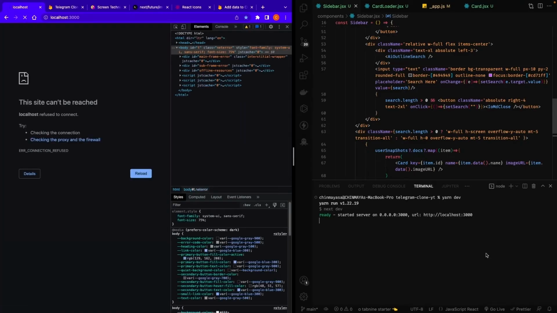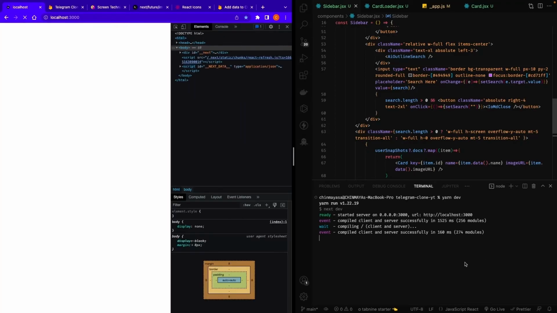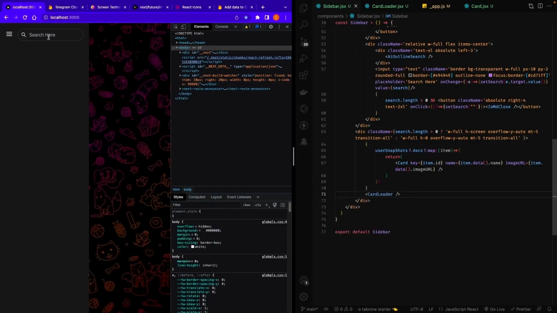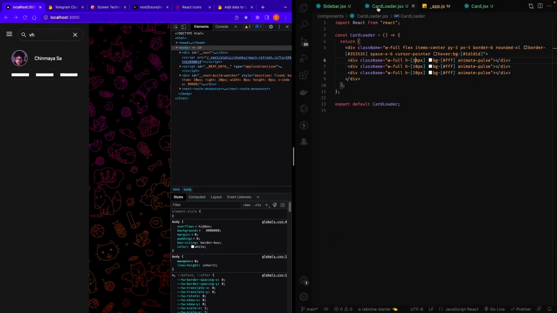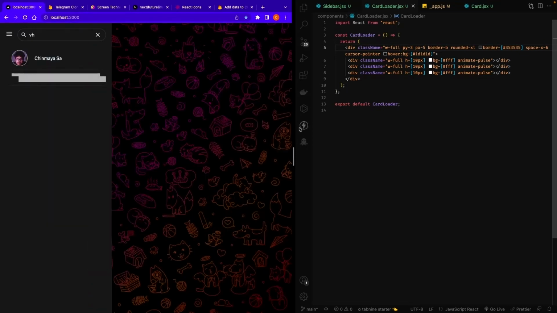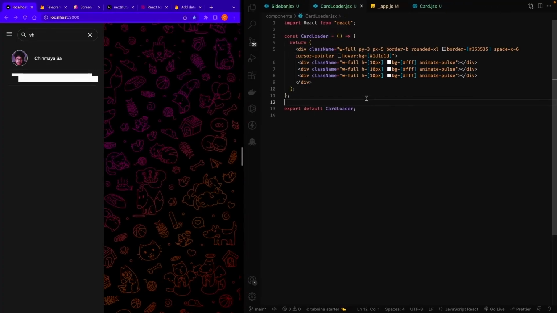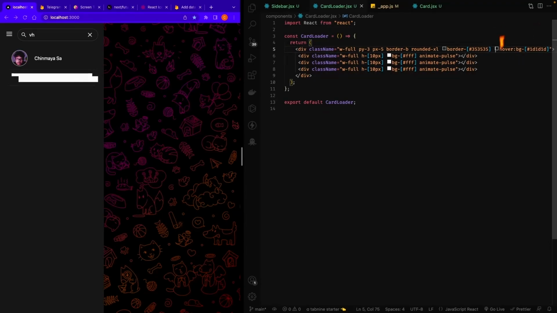Reload. So I'm writing here something like this, and it's showing me this. Now come to this point and remove these flags, everything. I don't need those. Save it. And it's not showing. Yeah, now it's working. Just close this thing and remove the space X and the cursor pointer also. Save it. And now let's see,